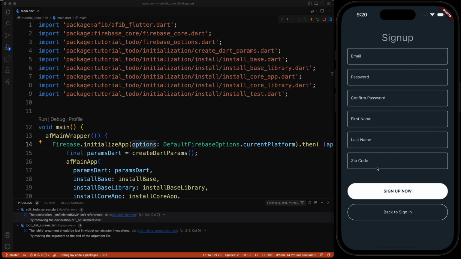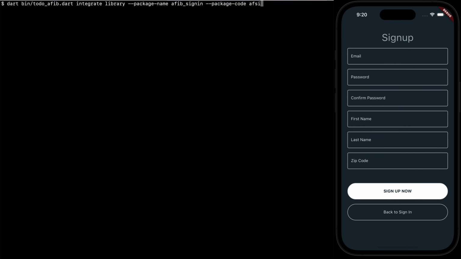Let's start by talking about how you integrate a third-party library into an AFib app. If I switch to the command line, I need to run an integrate command that looks like this. I need to specify the package name and the package code. Note that I'm not choosing these values. They are intrinsic to the library. If I don't specify them correctly, I will get compiler errors. I would normally run that command to integrate the library, and it will give me the option to install the package in my pubspec.yaml and then do the integration. But in this case, the project style already did that for us. This command just adds